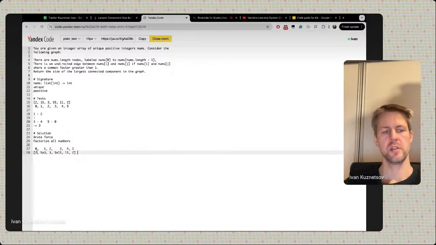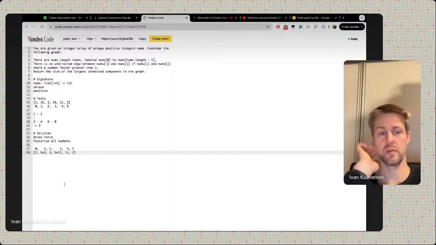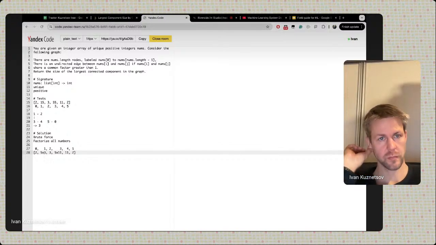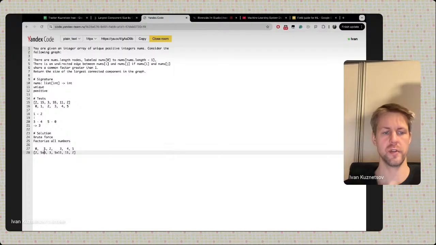So we are iterating from left to right, and we have all those elements here, and we are storing those in a set. And then we iterate over those, and we basically create a union find algorithm, and we compare if there already are